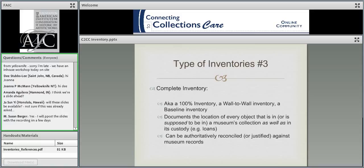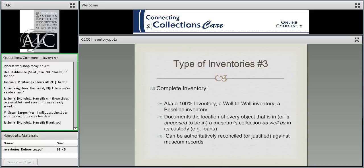The most comprehensive inventory is called variously a complete inventory, or 100% inventory, a wall-to-wall inventory, a baseline inventory, or some combination of all of the above. Whatever term you prefer, the goal of what I am going to call for the rest of this webinar a complete inventory is to document the location of every object that is in or is supposed to be in the